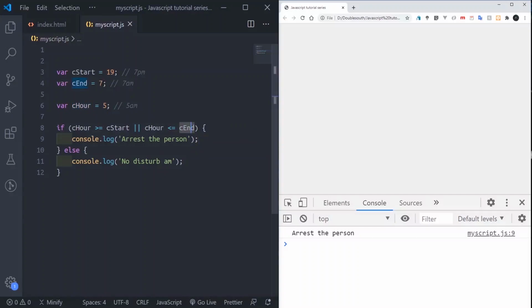They tell you, if the time you see is around kind 6, they go arrest you. So now this is the comparison here. They say, man, you should arrest the person. So now what you need to understand about this logical or is that if you test for multiple conditions using this logical or, as long as one of them turns out to be true, then any code inside the if block will run. But if all of them turn out to be false, then the if block will not run, and it will come out and run the else block. You get it? So this one is the logical or.